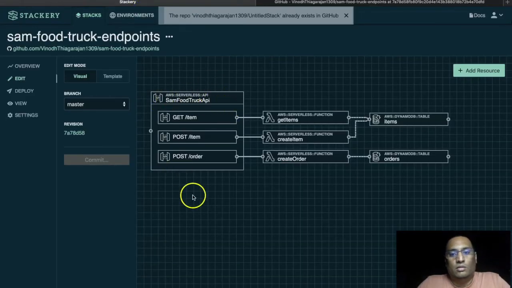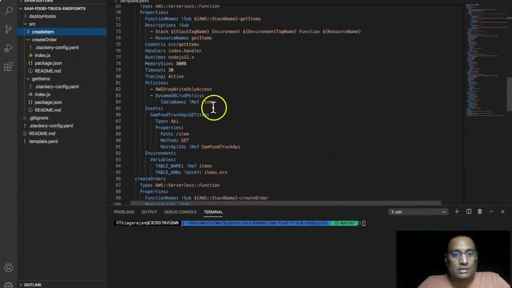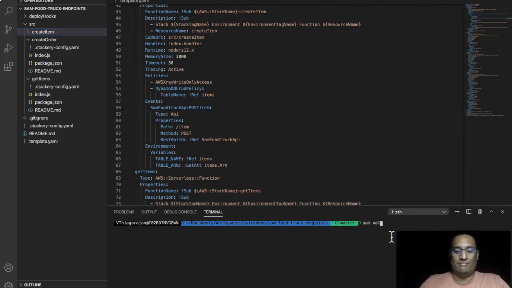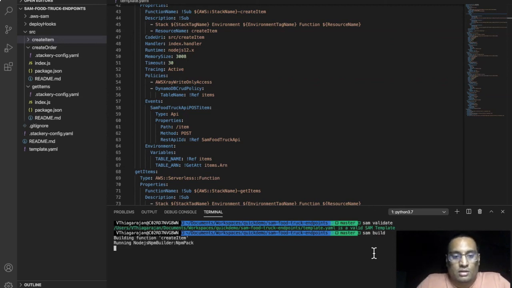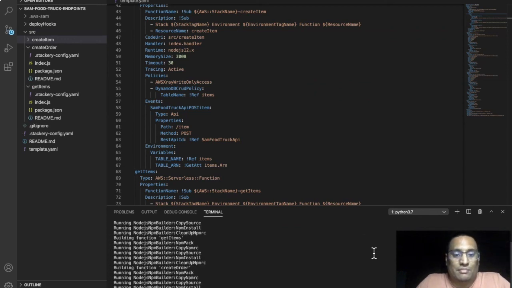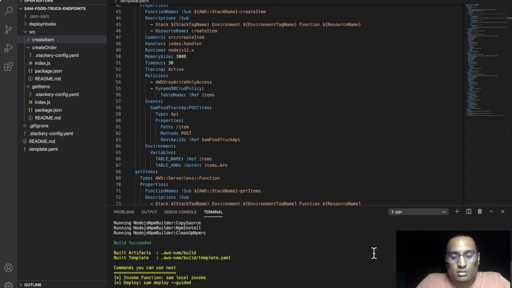But what we saw there, all these drags and drops we did within a minute resulted in this whole code base. And now if you just go ahead and do SAM validate, which verifies whether my YAML file is all right, it will just go ahead and do it. Let us try to push this into my AWS account. So SAM build, and then this will build the application, and then finally we can use SAM deploy guided. Let us use SAM deploy guided.